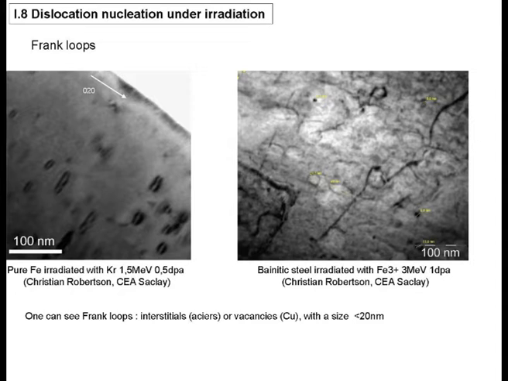How do they appear? The first way to make them appear could be from irradiation. If you irradiate your materials a lot, you introduce a lot of interstitial atoms by cascade. Typically, this is the case of iron. And you can see here what we call a coffee bean shape. It means that this is a faulted loop. This loop is faulted, it's not a perfect loop.